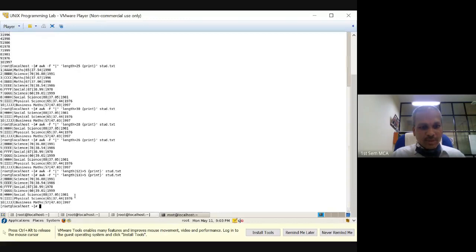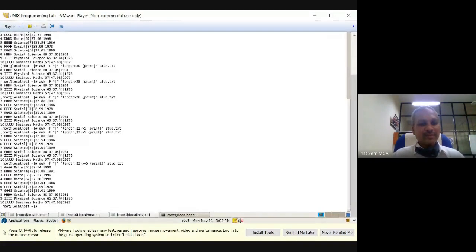Yes. So we have science which is having 7 characters, 7, 6, 7, more than 6, more than 5, more than 5. So we have a field by name maths that is not shown now. I will modify this. I will give equal to 5. Then probably you should get everything. So all 10 will be visible. So like that, I can get the extraction based on the length of only a specific field.